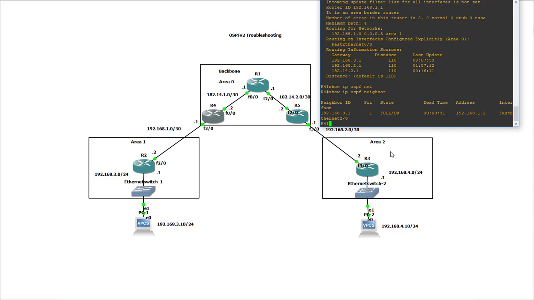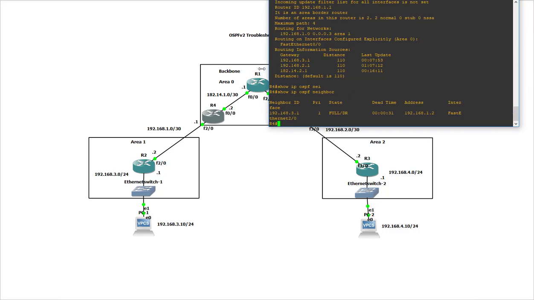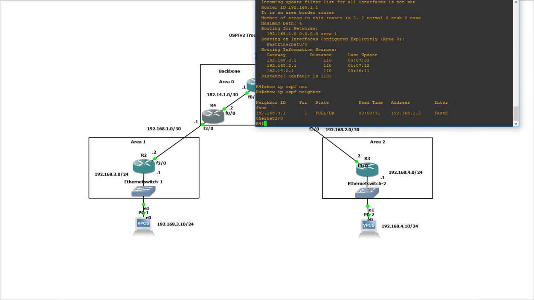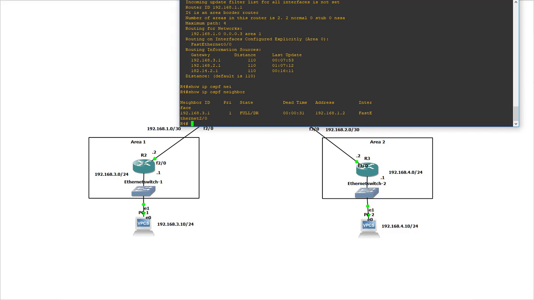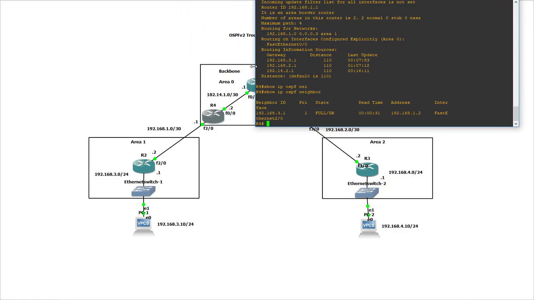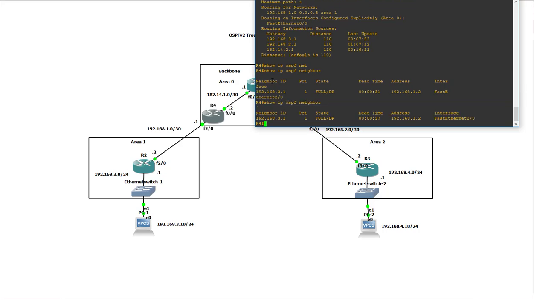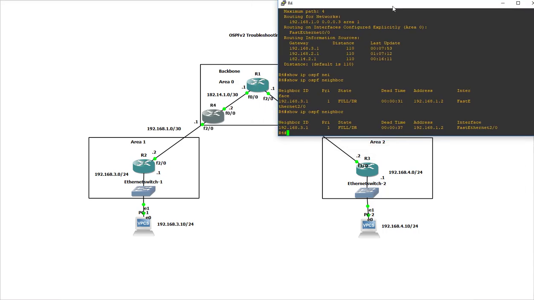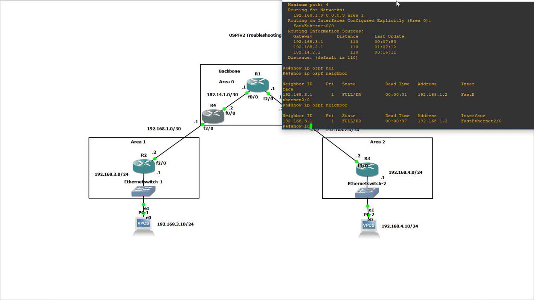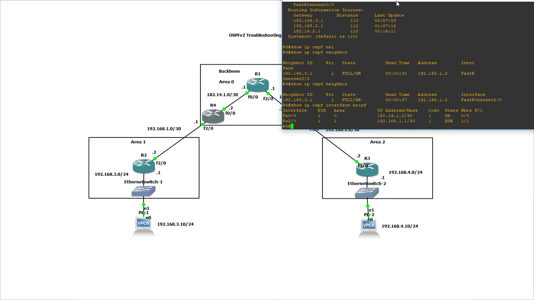Show IP OSPF neighbor, and there's no neighbor relationship between router 4 and router 1. Show IP OSPF interface brief, and FastEthernet 0/0 has been enabled in the correct area, area 0, so that's correct. Show IP OSPF interface FastEthernet 0/0,